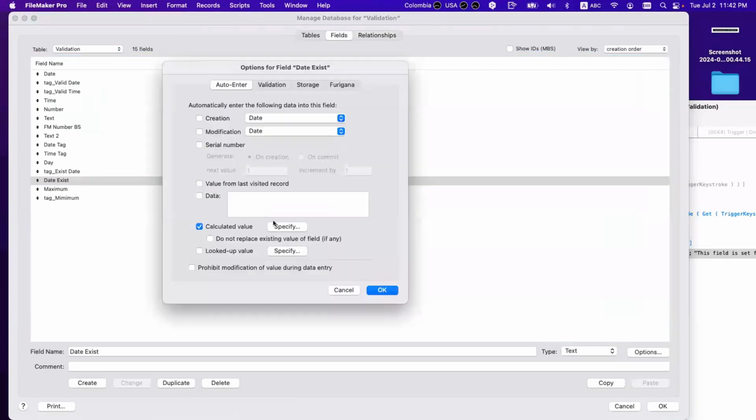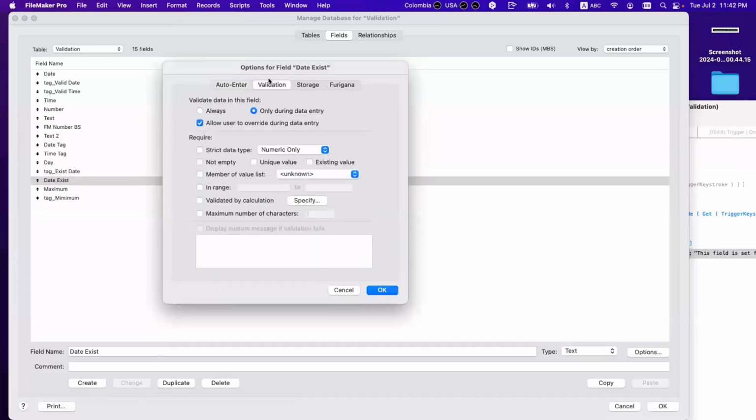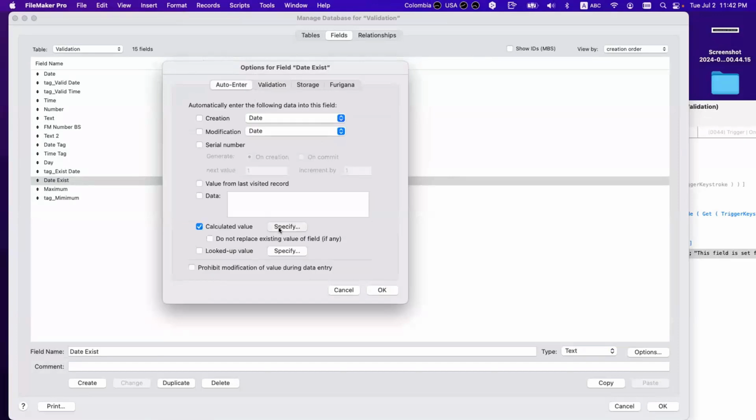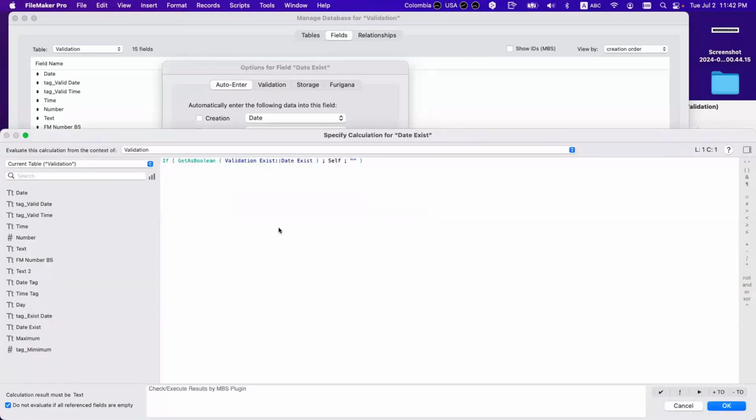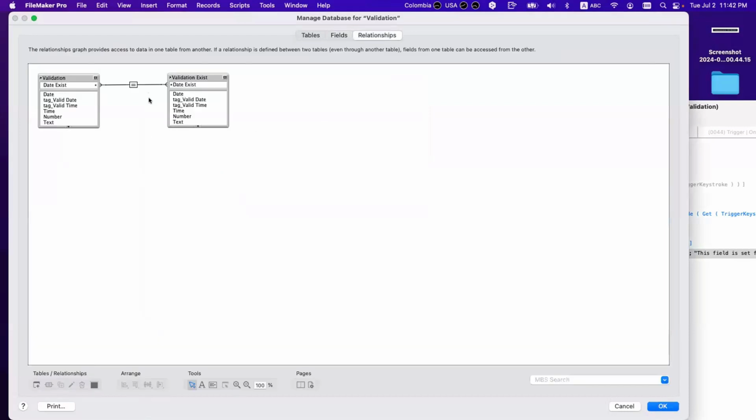Because when I'm here, the validation didn't happen yet. The saving of the field didn't happen yet. So I type something, it goes throughout the relationship, throughout all the records, and checks if it's there.